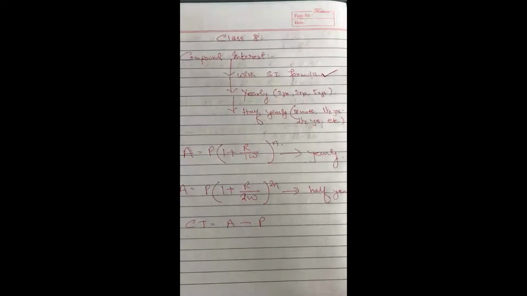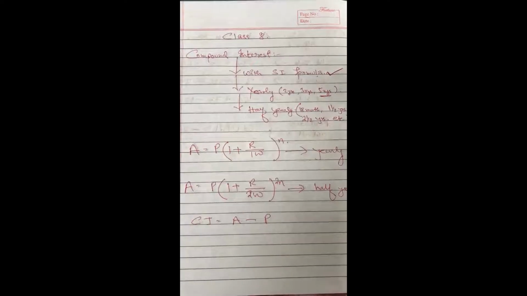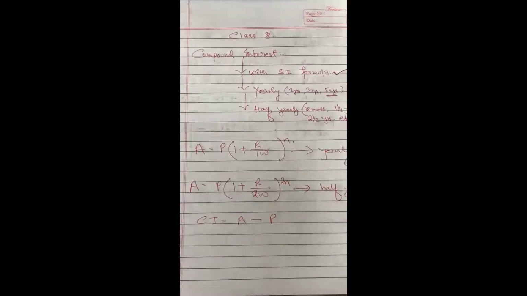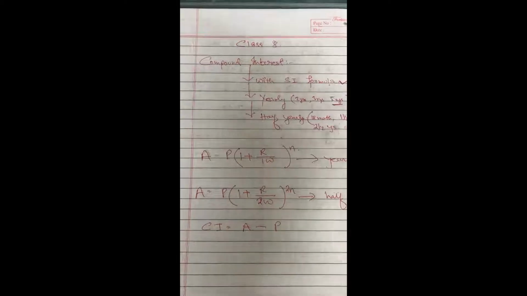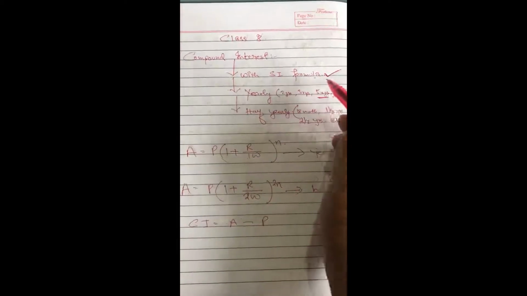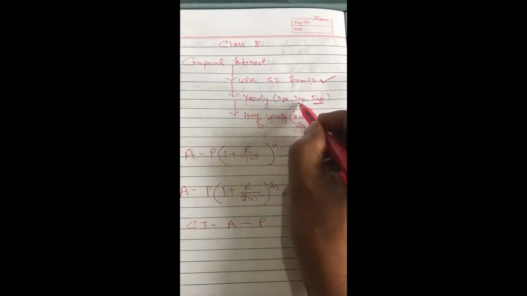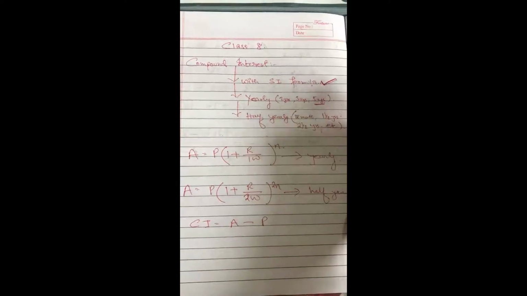But however, in this method, it was a very taxing and laborious work when the number of years are many. For example, if the number of years is 5 years, you have to find the amount, principal and simple interest for 5 consecutive years, again and again till 5 times, and then add all the simple interests of all 5 years, and only then you get the compound interest. So when the number of years was less, it was fine. But when the number of years is more than 3, 4, 5 years, this method becomes very lengthy.